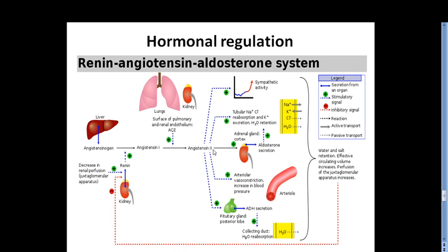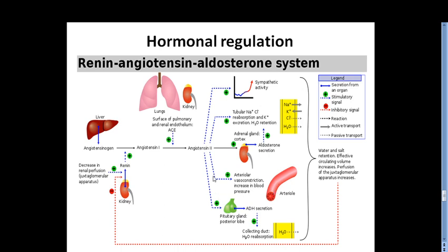And this angiotensin 2 produces various effects. It acts at multiple levels. First one is, angiotensin 2 is a very potent sympathetic stimulator. It acts over the kidney, and over there it causes stimulation of the adrenal cortex and release of aldosterone. And third one is, it is a very potent vasoconstrictor. So it directly acts over the arterioles, especially the efferent arterioles. Over there it causes strong vasoconstriction.